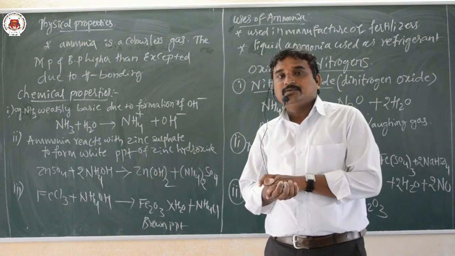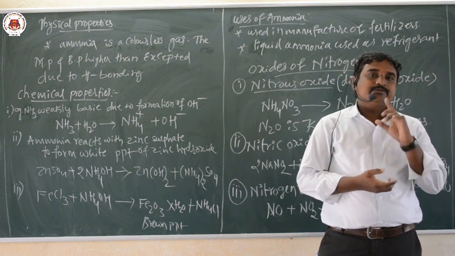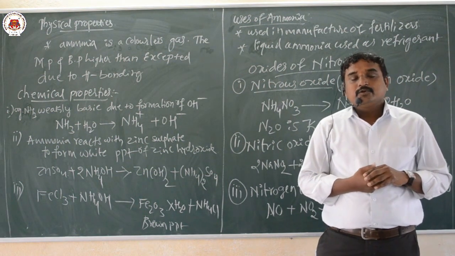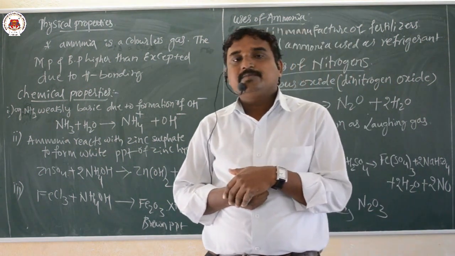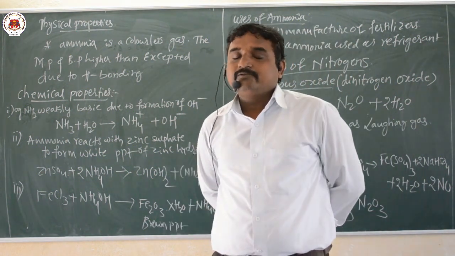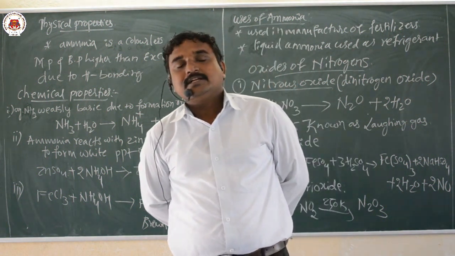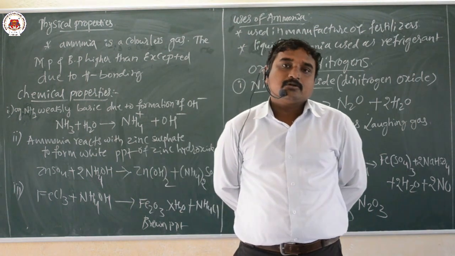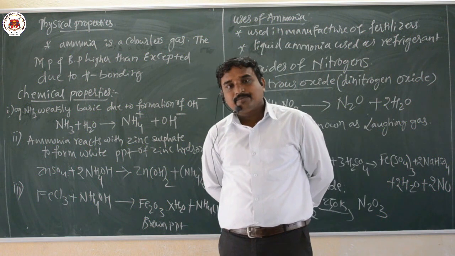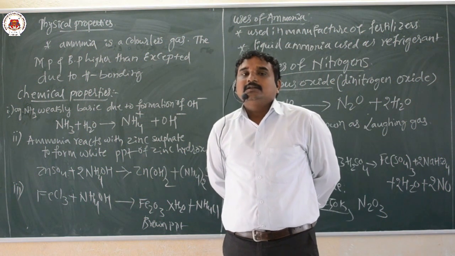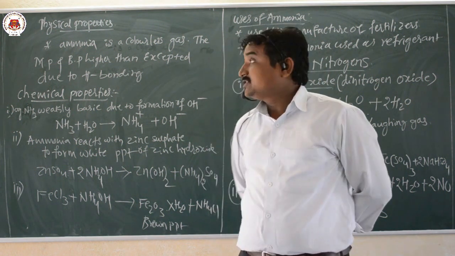Okay, so next concept, that is physical properties of ammonia. Already we know that ammonia has a pyramidal shape, and the nitrogen of ammonia undergoes sp3 hybridization. Totally there are 4 hybrid orbitals. Out of 4 hybrid orbitals, 3 are involved in bonding with the hydrogen atoms, and the remaining one is present as a lone pair of electrons on top of the nitrogen atom. Because of repulsion between lone pair and bond pair, the ammonia molecule has a pyramidal structure.